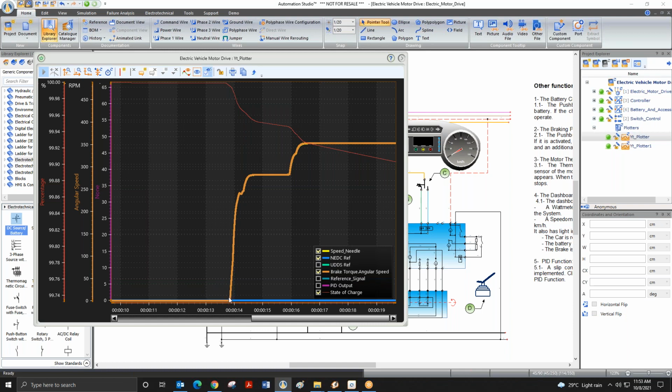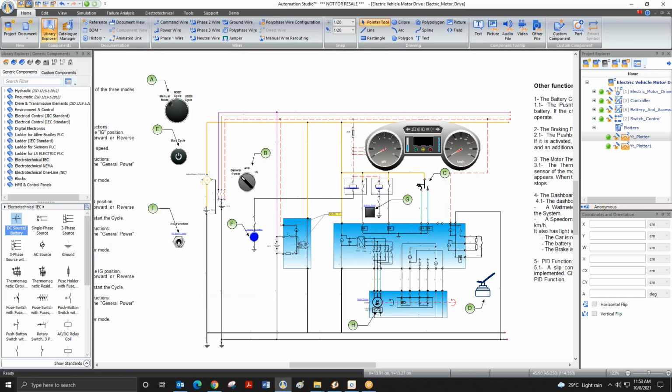As I accelerated the motor, there was a sudden drop in the state of charge of the battery. Earlier it was 100%, and then as I accelerated the motor, there was a sudden drop in the state of charge, so you can see how your battery is discharging. Similarly, it is two-way, right? So it is a regenerative battery.